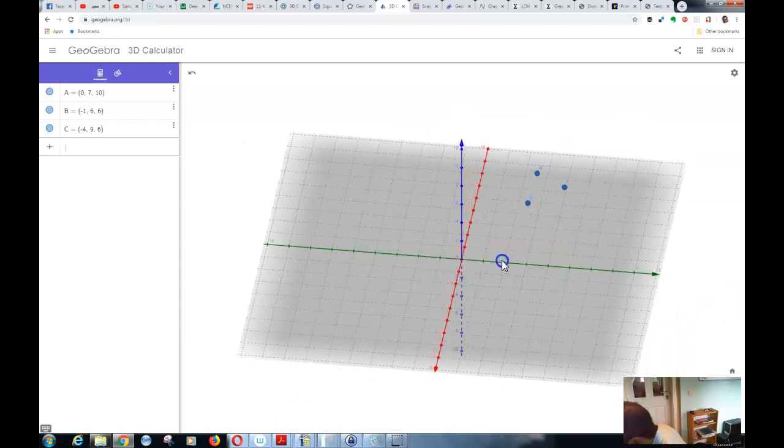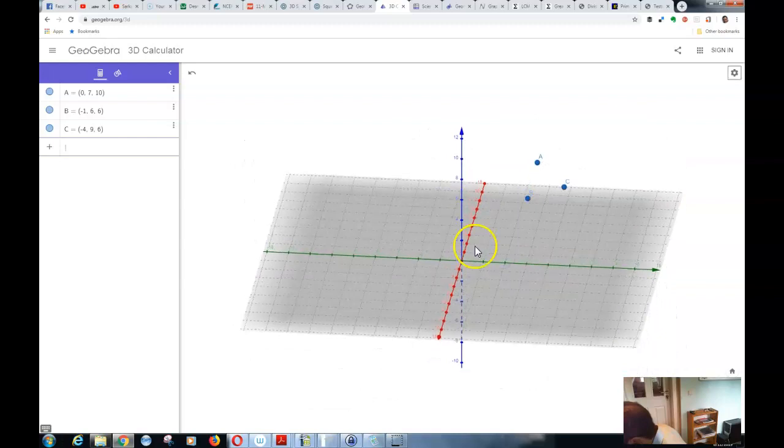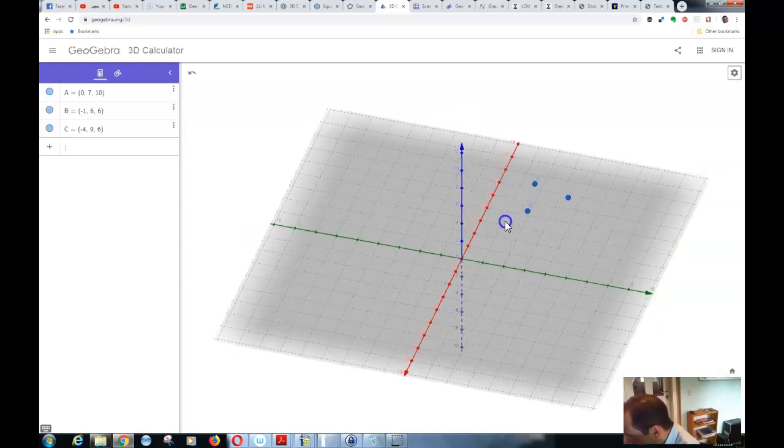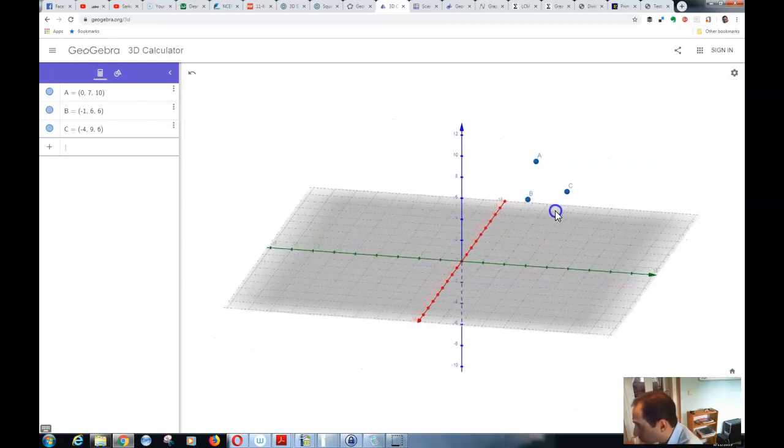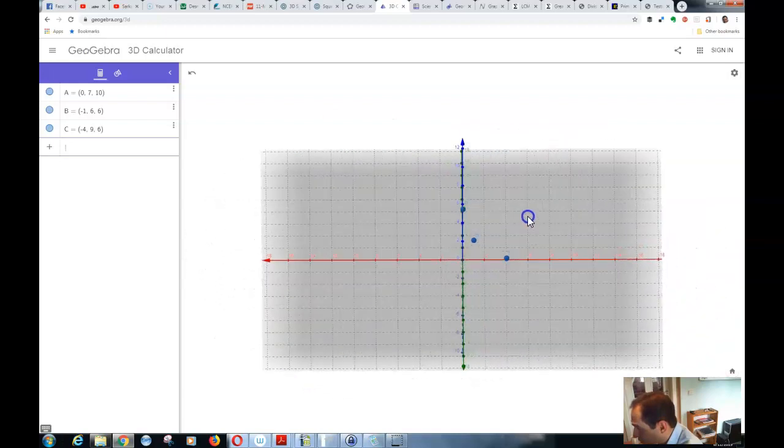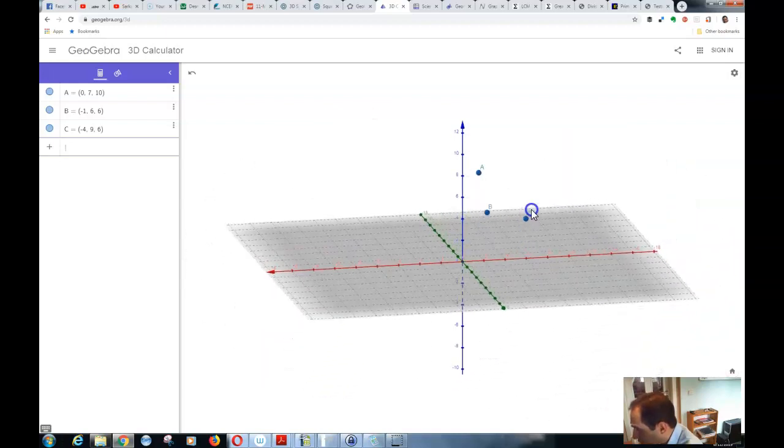This is, as we said, the red axis is your x-axis, the green axis is your y-axis, and the blue axis is your z-axis. And this is now the positive numbers, and these are the negative numbers. The points now seem to be in the right octant. So now if I go over here and take a look at these points from here, I can see that